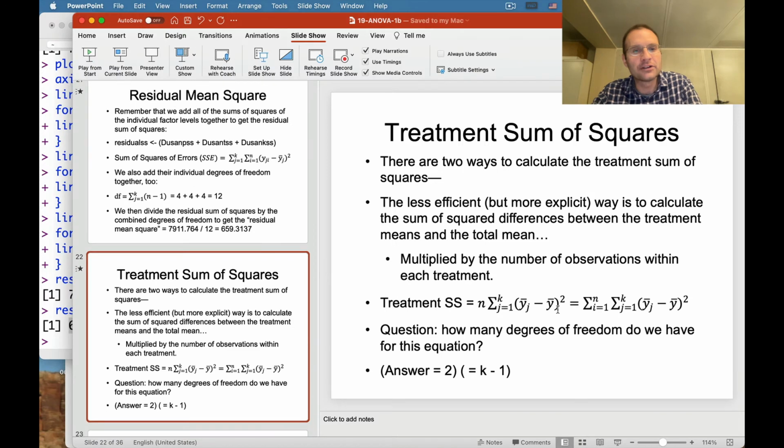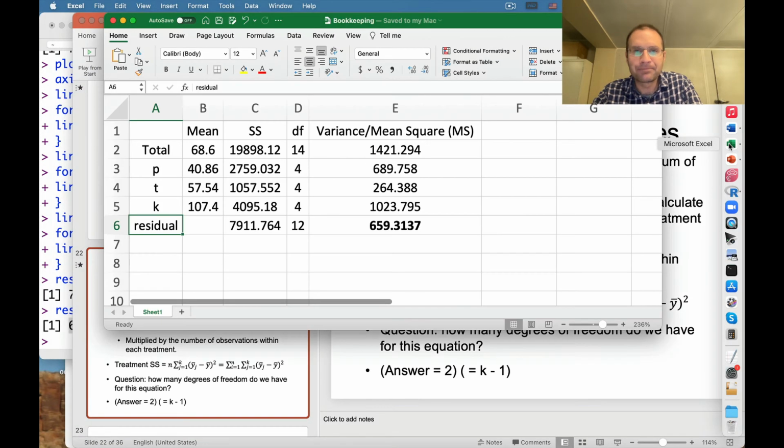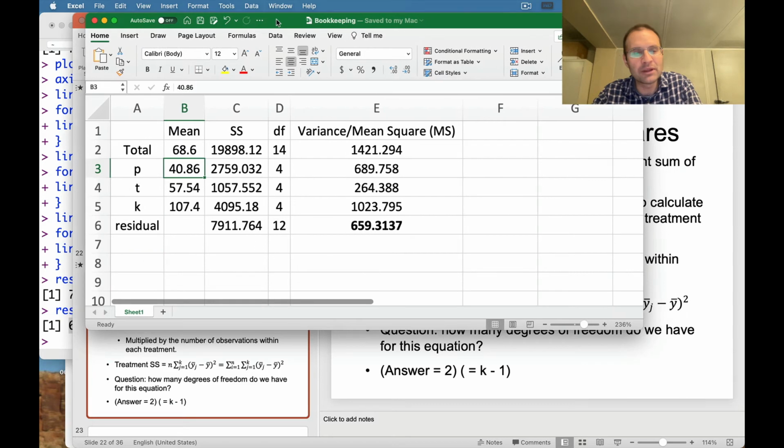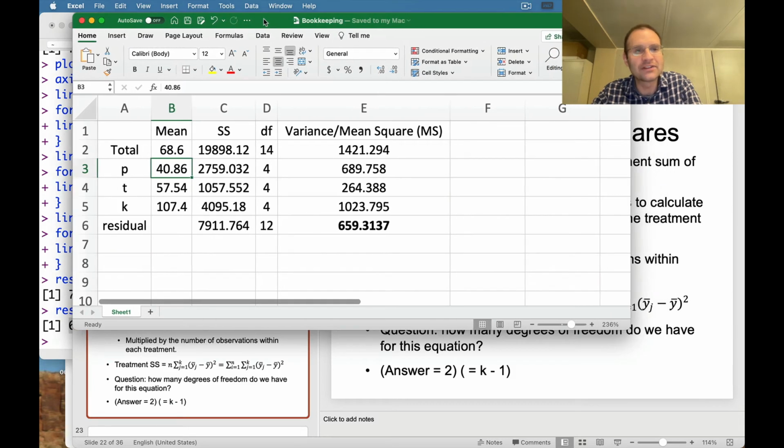So if you remember, just to give you a numerical example, our overall mean, our y bar, is 68.6. And an individual place VOT mean would be like P has a mean of 40.86. So when I'm looking at my first y bar sub j minus y bar overall, I'm looking at 40 minus 68. And then I'm going to square that